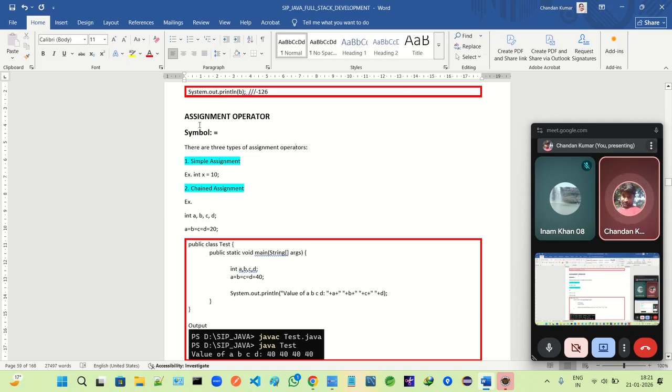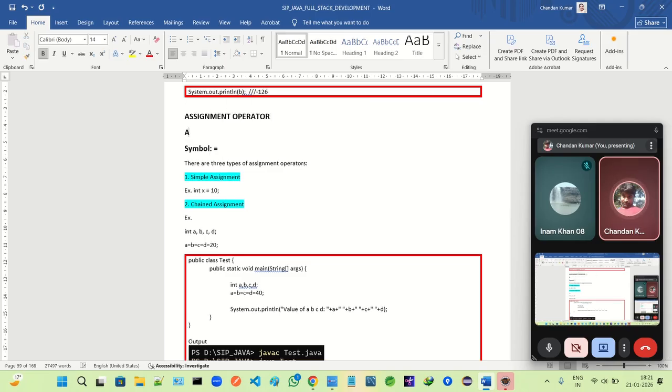And what is the use of this assignment operator? The assignment operator is responsible to assign values, which are also known as literals in Java,